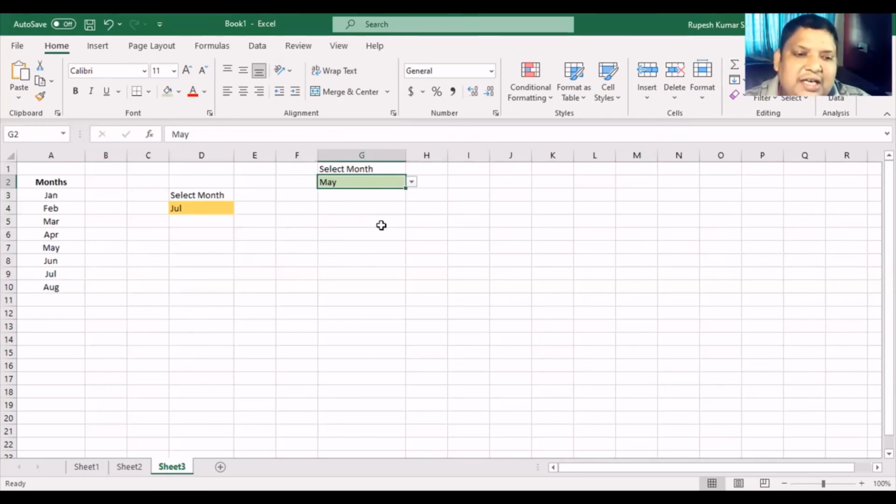So suppose I have got different states of India. So we have got Karnataka, we have got Tamil Nadu, we have got West Bengal, we have got Bihar, Jharkhand, and so on. So the moment we select the name of the state, next to that, the cities pertaining to that state should be coming into that list. Fine. So if we need to do it like that, how to go ahead? Fine. If you know it, good.